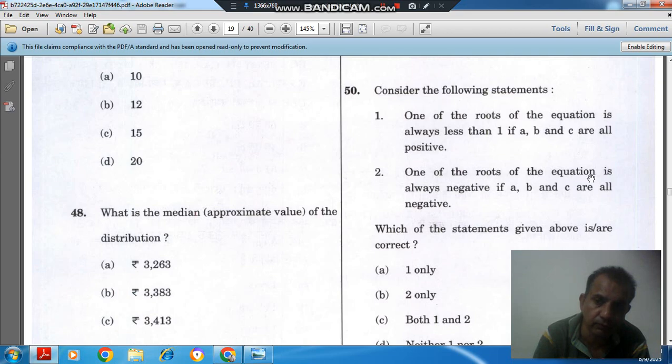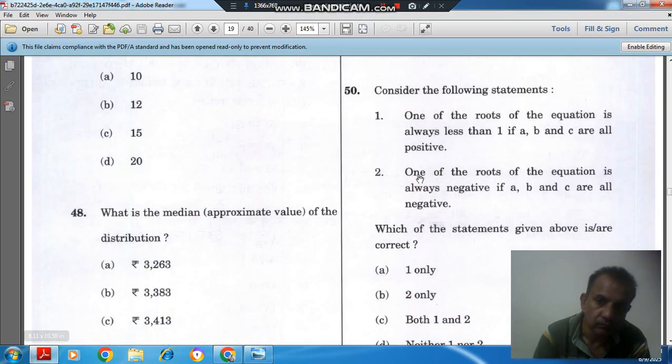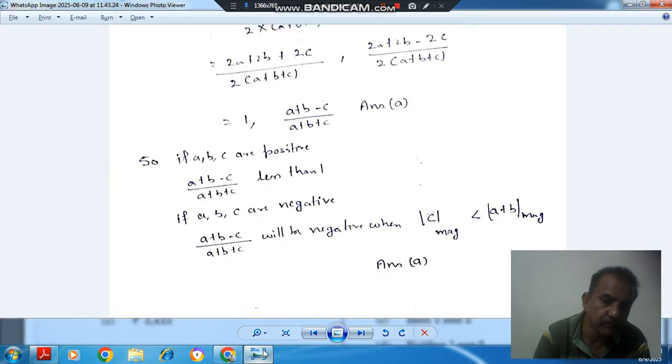That is, one of the roots of the equation is always negative if a, b and c are all negative. If all of these are negative, then if we consider the magnitude of c and the magnitude of a and b, if c's magnitude is less than a + b, then we'll have a negative term, because this will be positive and this will be negative. So it will not be less than, all will not be negative. So if it is